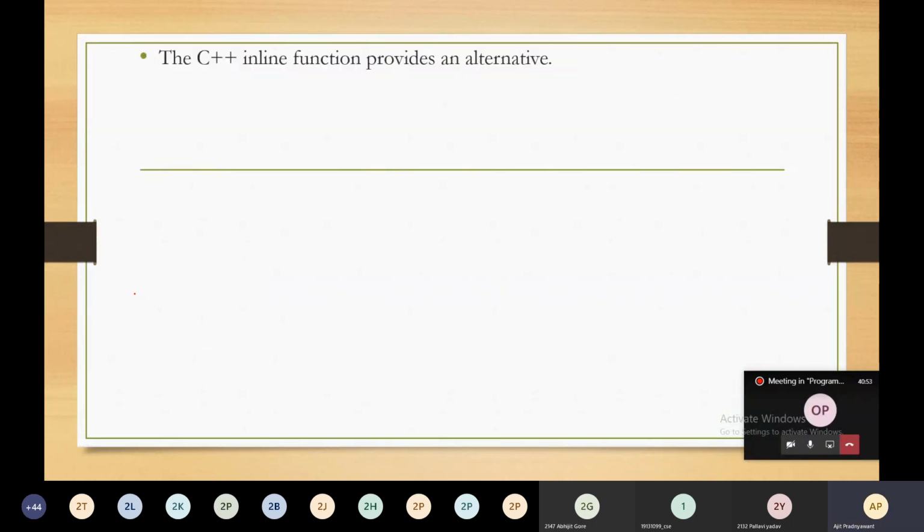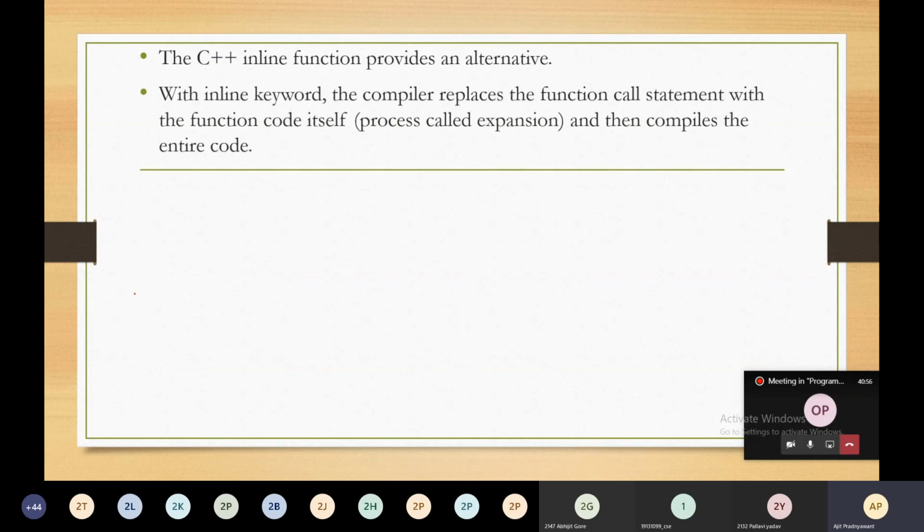So C++ provides an alternative with the inline keyword. Simply, the compiler replaces the function call statement with the function code itself. This process is called expansion. Then the compiler compiles the entire code.